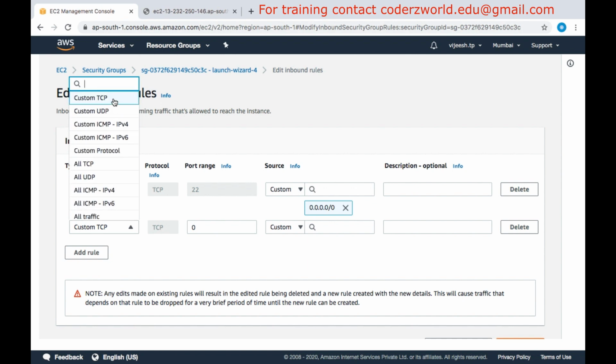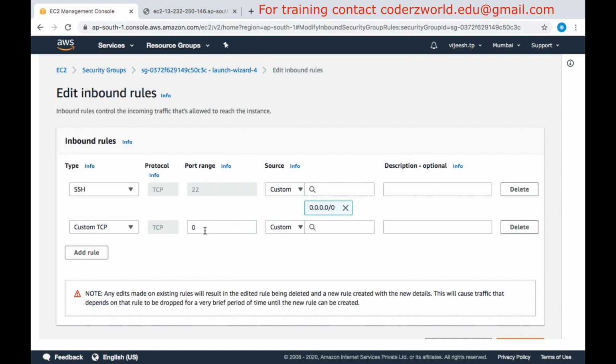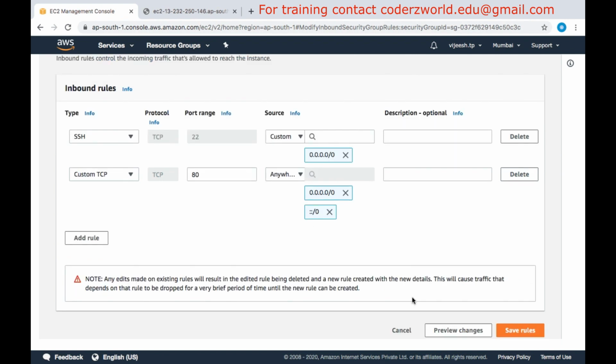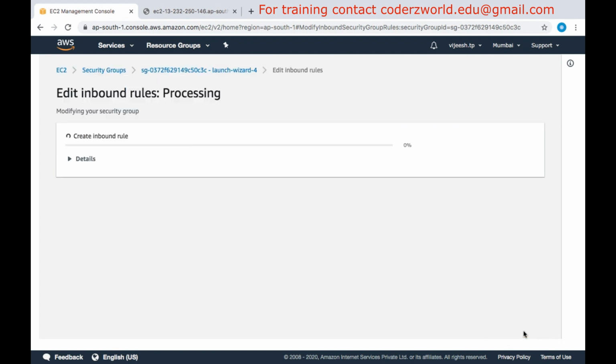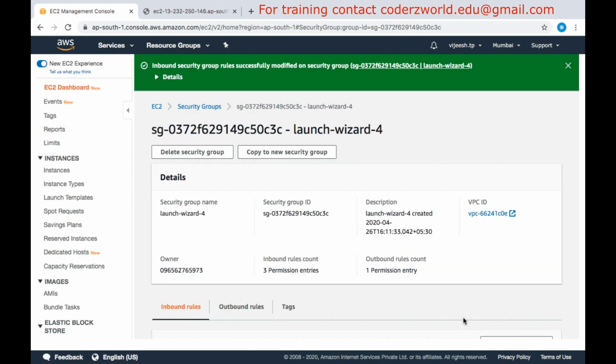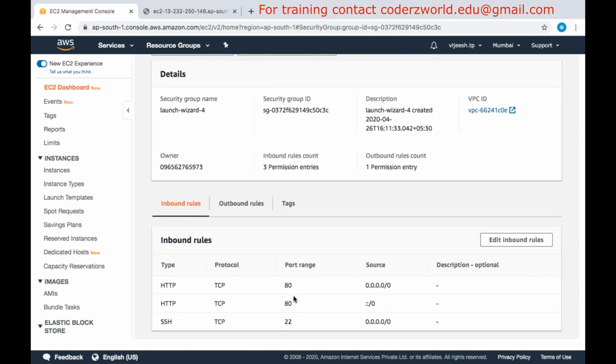I am saying custom TCP, and port number is 80. Source from anywhere. Okay, so click on anywhere and click save rules. Now port 80 is enabled for HTTP communication.